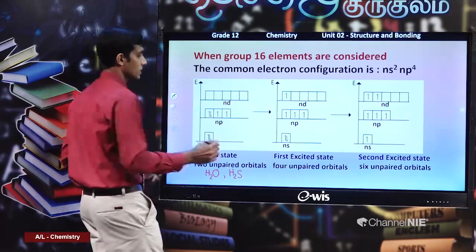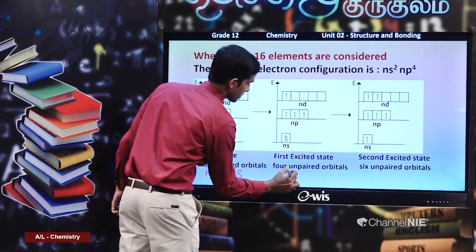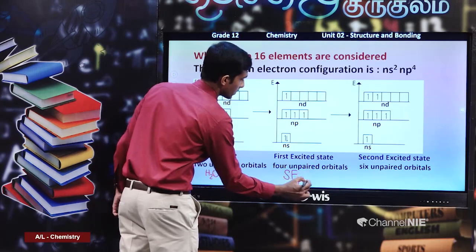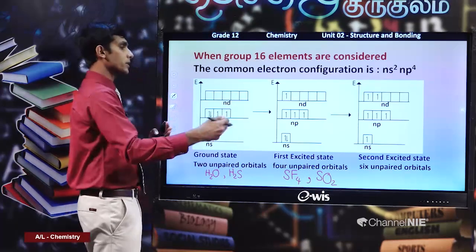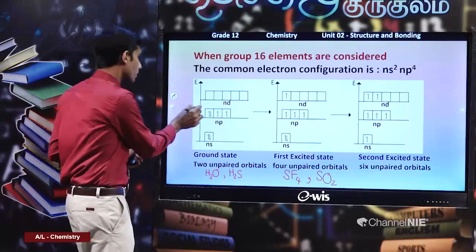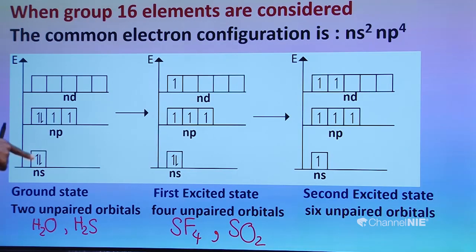When it comes to sulfur, for example, sulfur can form molecules like SF4 (4 covalent bonds), SO2 (4 covalent bonds), H2SO3 (4 covalent bonds). Now, we have 2 sublevels with paired electrons which are low in energy compared to this empty d level. This is the same valence shell there: Ns, Np, Nd. When it comes to oxygen, there are no d orbitals, but sulfur and elements after that have d orbitals. Let us say this is sulfur: 3s2, 3p4, and the 3d level is empty.